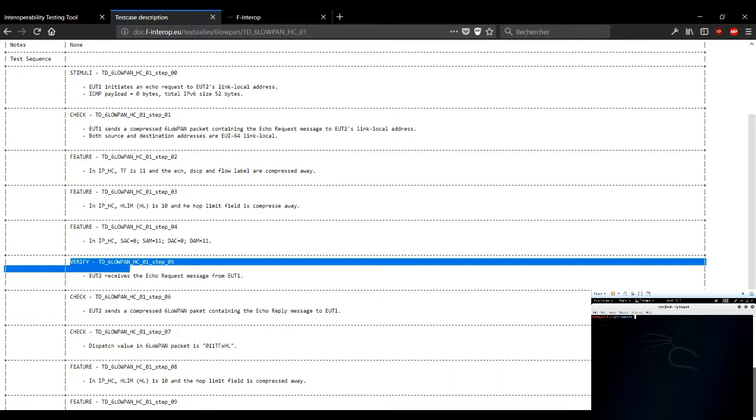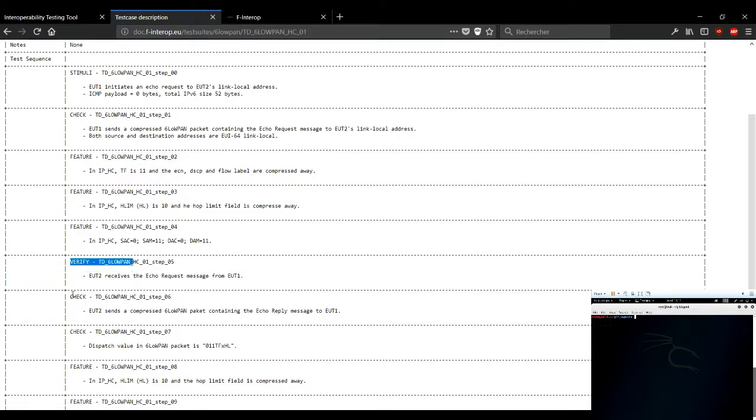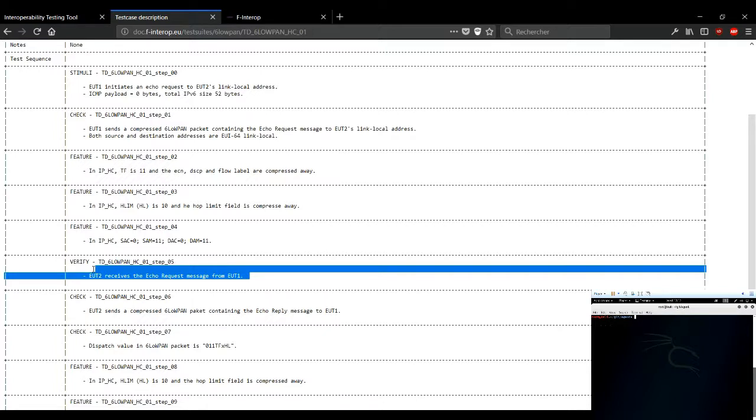For example, stimuli means that you need to send, here for example, a ping. So it means just send the packet. The check means that this is a verification done automatically by the platform. And features, which are important, are the key bytes that show the packet configuration and IoT configurations. For example, what hop limit you need, or what packet size, or what kind of IPv6 addresses you use. These configurations need to be exact for us to perform the test. If not, the test will be inconclusive.